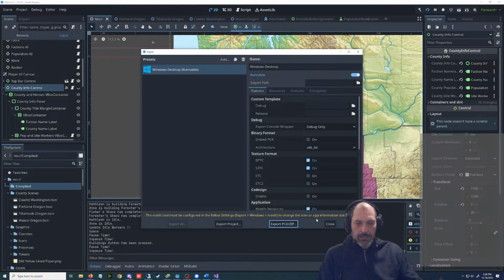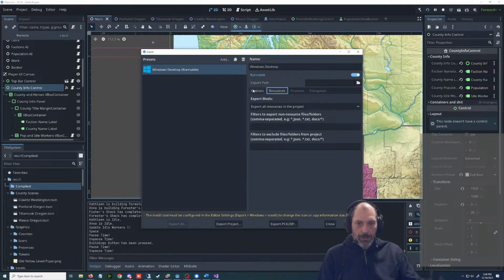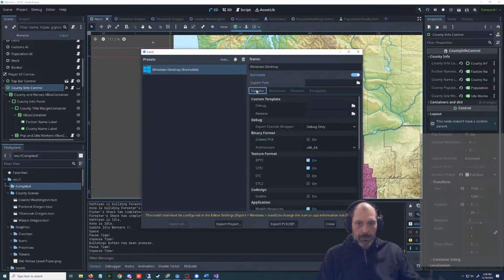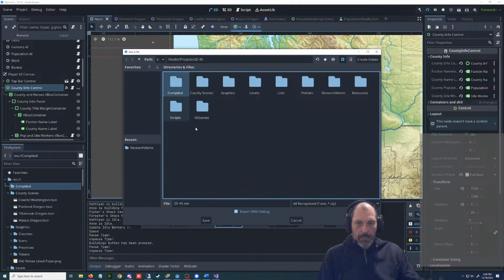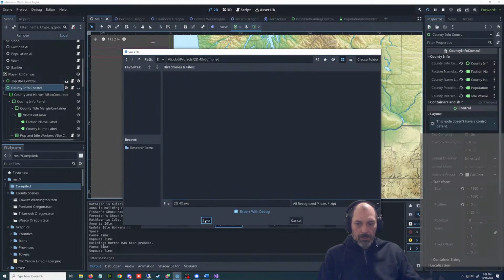So this is going to give us errors because I don't have an icon or app info, but we don't give a shit about that. And I need to pick a folder, which I can't remember where. Is it here? It is here. We want it to go into here.